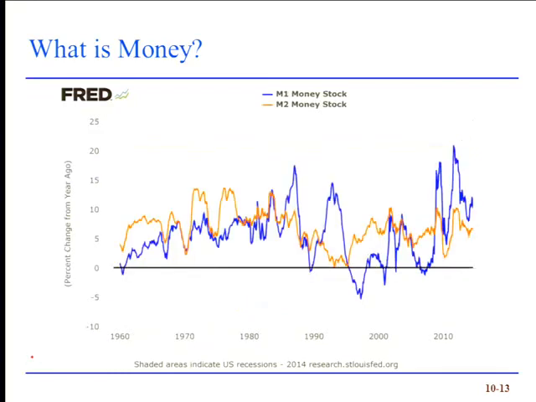This is a year-on-year growth rate of M1 in the blue and M2 in the orange. The thing to notice is that they broadly tracked one another up until about 1990. And then all of a sudden they started going in very different directions. This was due to two things that happened. In the late 1970s and the early 1980s, the U.S. government deregulated financial systems, took a lot of the regulations off what financial firms could do, so they started doing lots of different things. This just happened to coincide with the early technology drives by banks and other financial institutions.